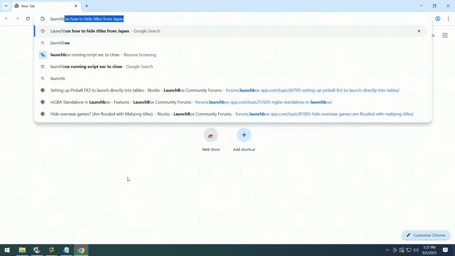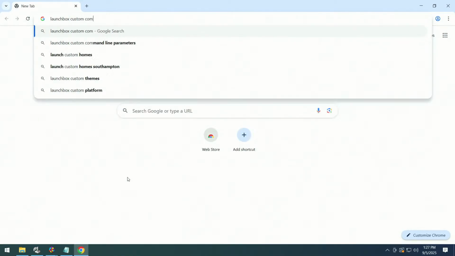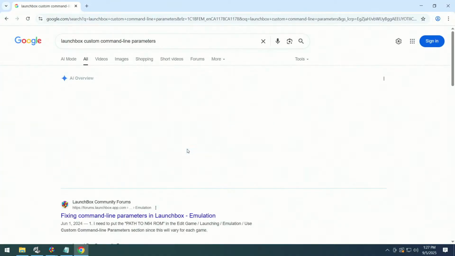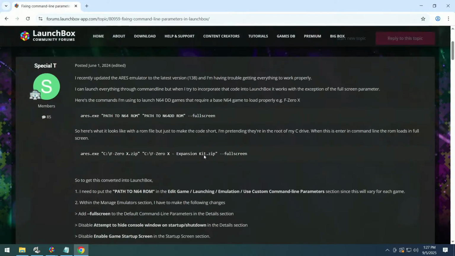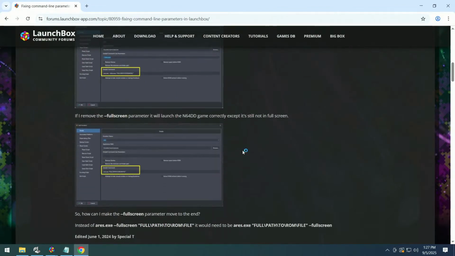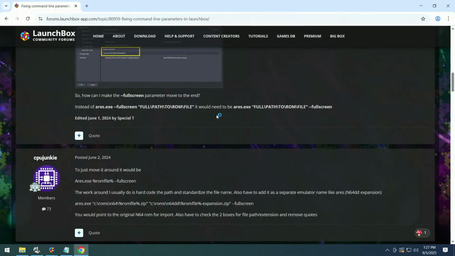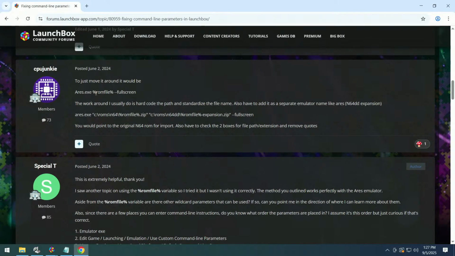Launch box, custom command line parameters. All right. I know that there is a thing. Okay, ROM file. Okay, so if I do this,